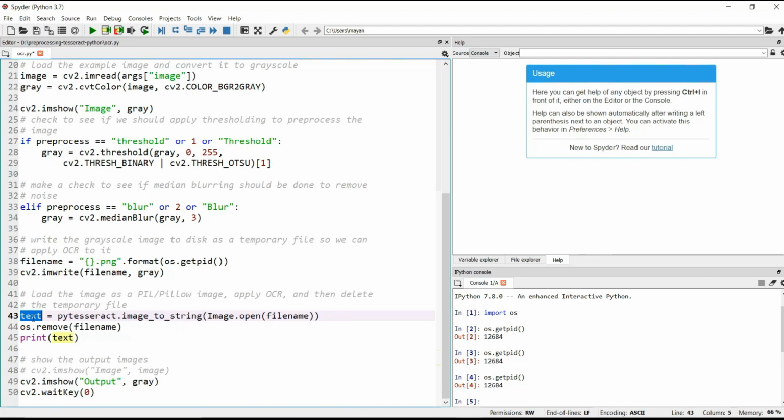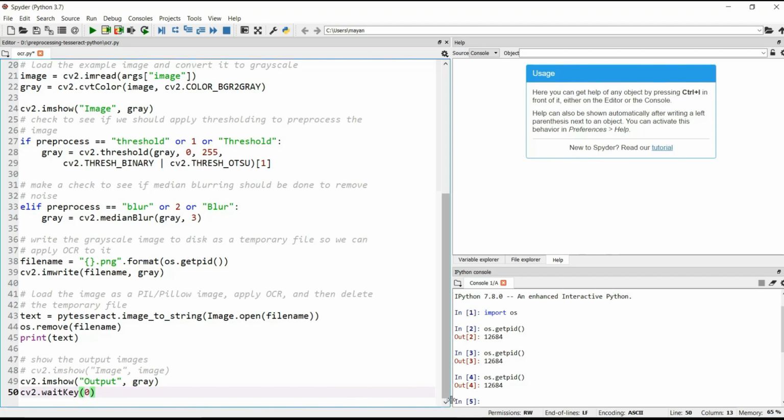And then guys, we don't want to save that preprocessed image, so we are removing it. os.remove(file name) will remove that temporary file that we created for extracting text. As our work is done, we can remove this. And finally, I am printing the text. So I am displaying whatever is written by our pytesseract function. And lastly, I am showing you how the output image will look, and I am closing the image. Here waitKey(0) means that until I press q, the image will not be closed.